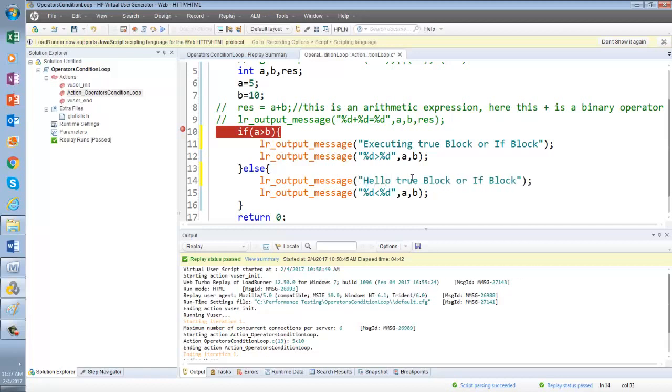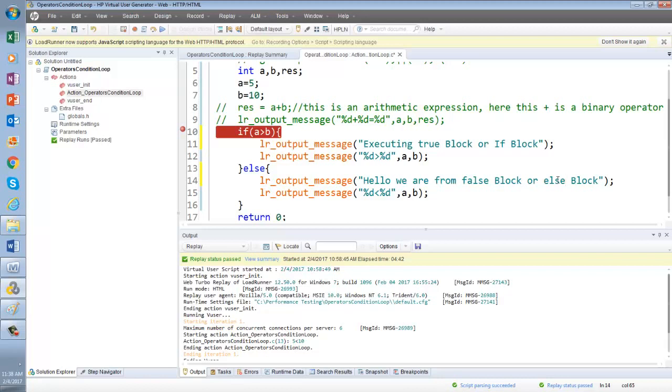Hello, we are from false block, or else block. So you can put as many statements as you need to execute if the condition is true. If you come to the global mall, you need to buy some groceries, some clothes, some jewelry, many things. So you can put as many statements as you want in the if block.